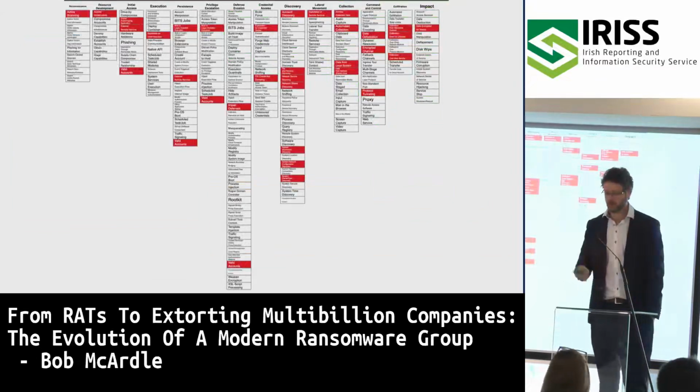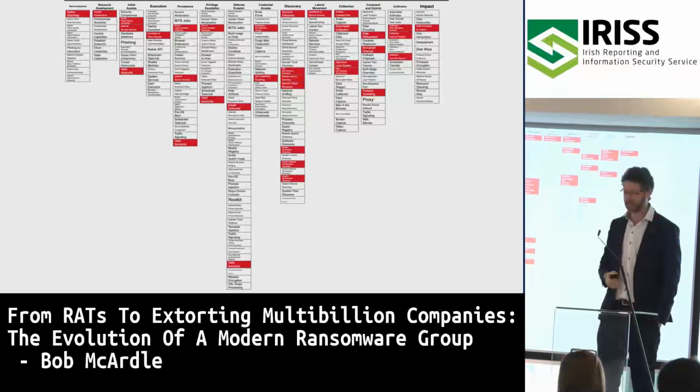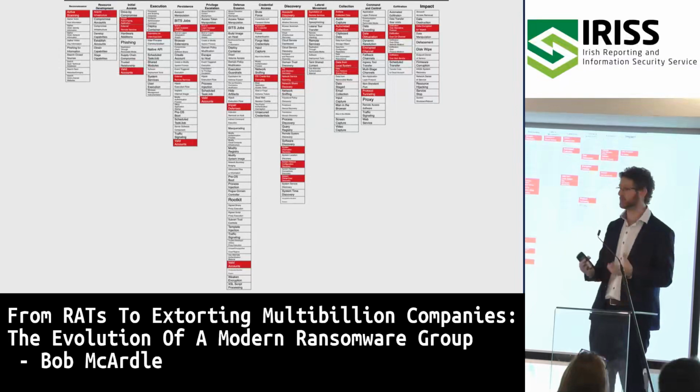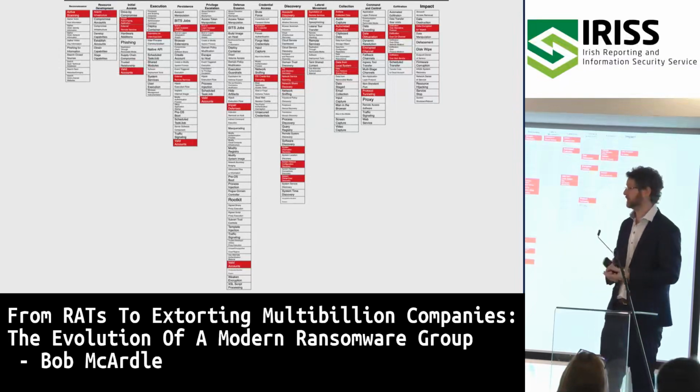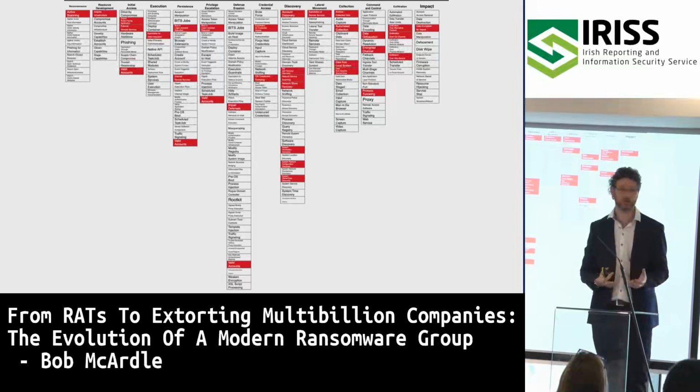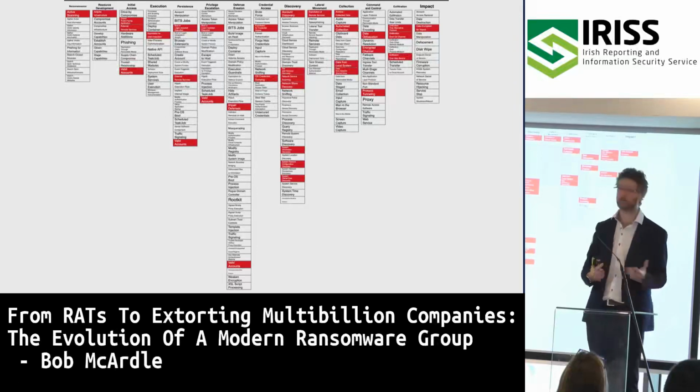So if we put that all together on a MITRE map like this one here, it looks very complex. In fact, if you took this MITRE map and I showed it to you with no context whatsoever a couple of years ago and didn't tell you it was ransomware, you'd be forgiven for thinking this is probably an APT attack, because that's what a lot of these actually look like. Because criminals read APT reports too, right? And they take ideas from them and they're like, that's really smart, we should do that.